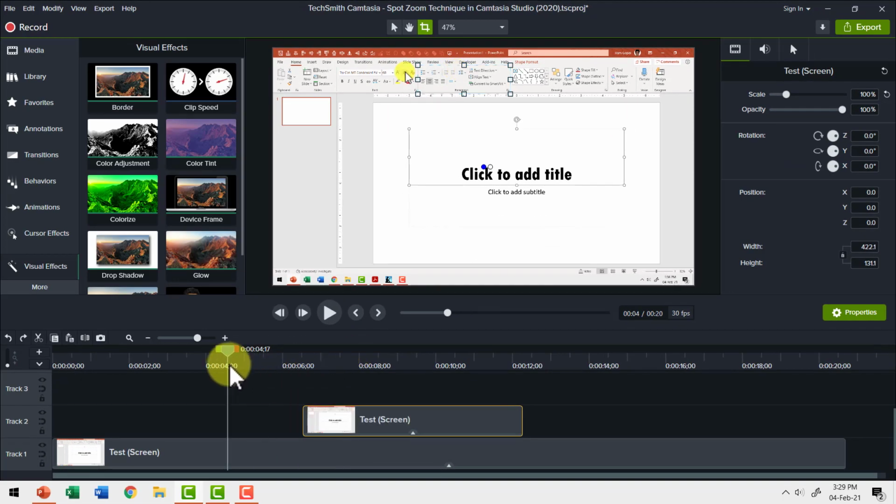Now when I scrub the playhead, see what happens. As I move the playhead from outside to this area, you can't really see any difference because this cropped area is of the same size as the one behind it. Now we are going to make this portion, this cropped piece, zoom out so that the audience's attention is brought to that specific area. So how would we do that?